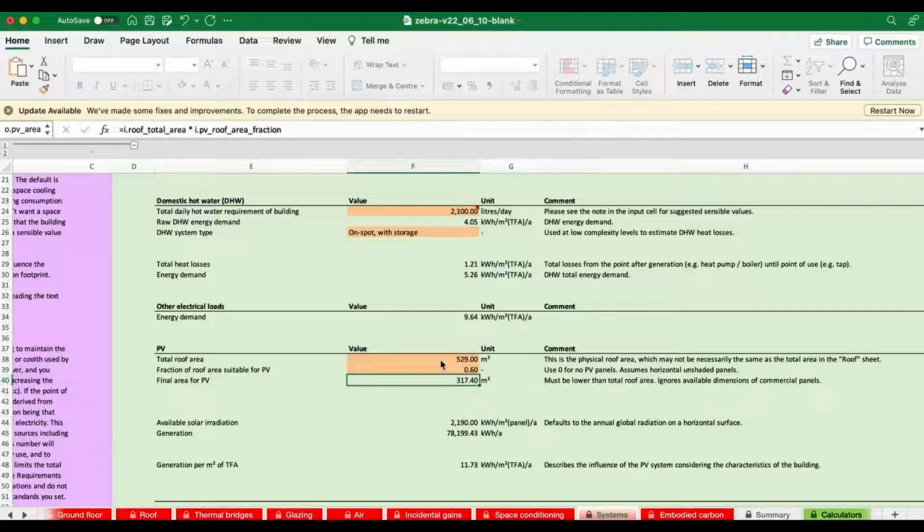It doesn't matter whether it's Zebra or some other tool. So you are making a definite statement, whether you want to or not, about every single object that goes into the simulation engine or into the equations. So you're always better off doing your best and just guessing a number. So here, rather than saying 100% of the roof could be used for PV, we're just going to say 60%.